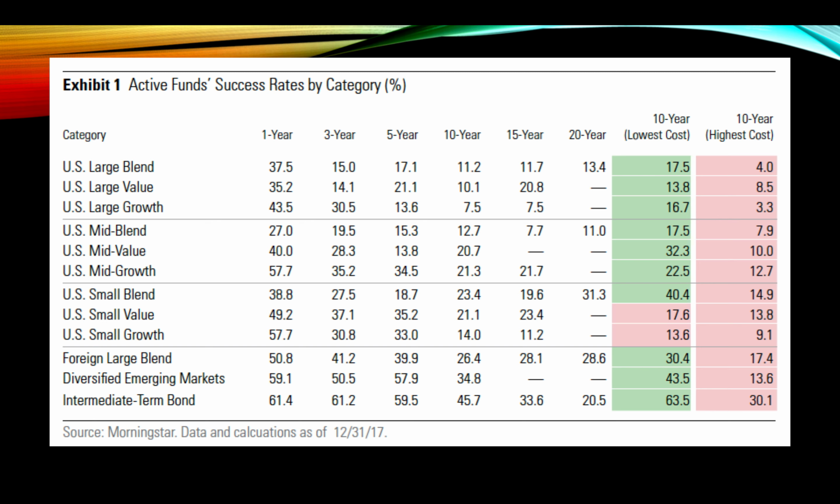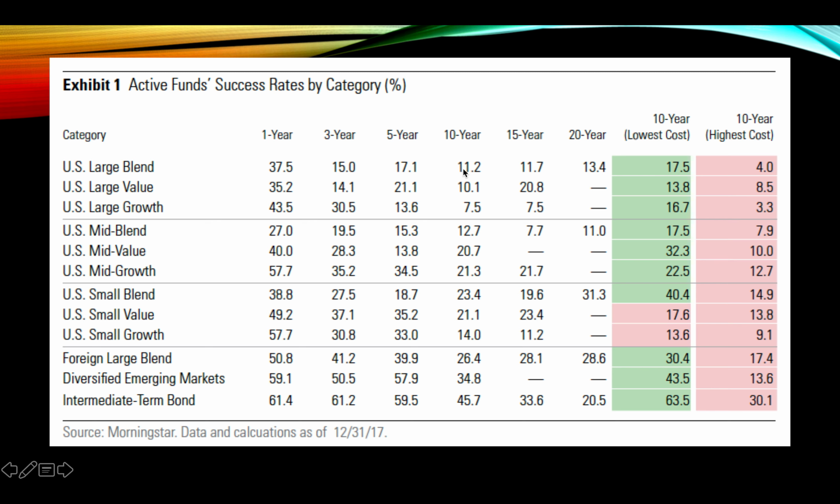All right, so let's take a little look. Active versus passive funds. Here's the percentage of active funds that outperform their benchmark or the index by category over a 1 year period of time. Over the last year, most active funds underperform. Here in the mid cap growth, there was a little bit higher percentage in terms of outperformance, and here in diversified emerging markets. But if you look at, let's go to 10-year outperformance.